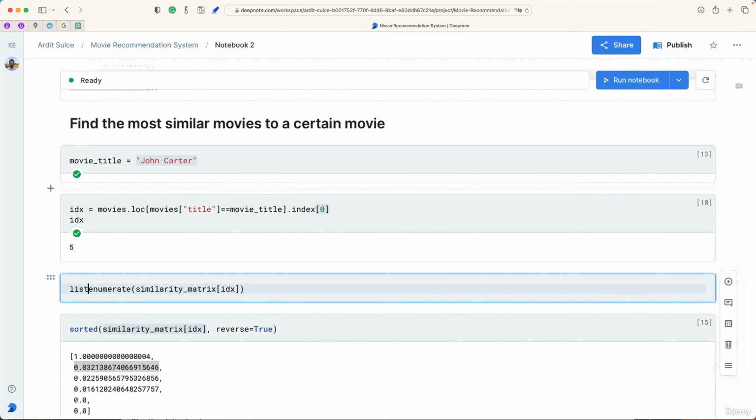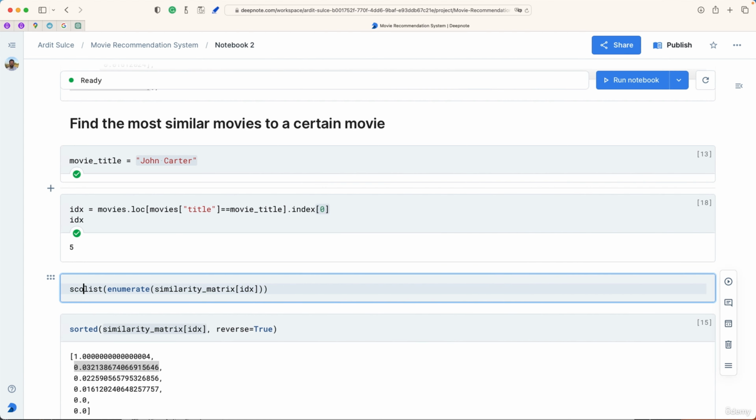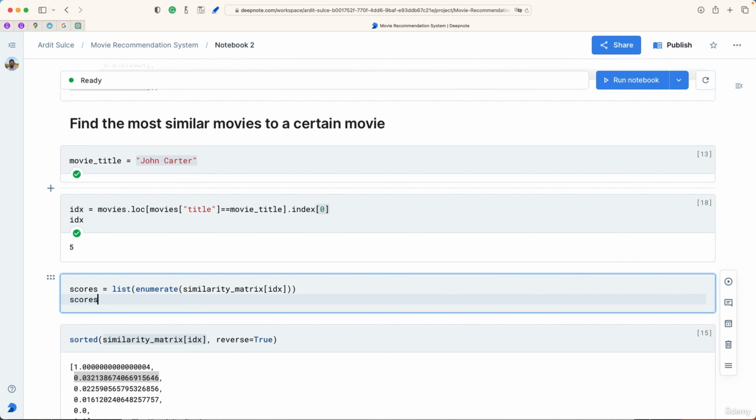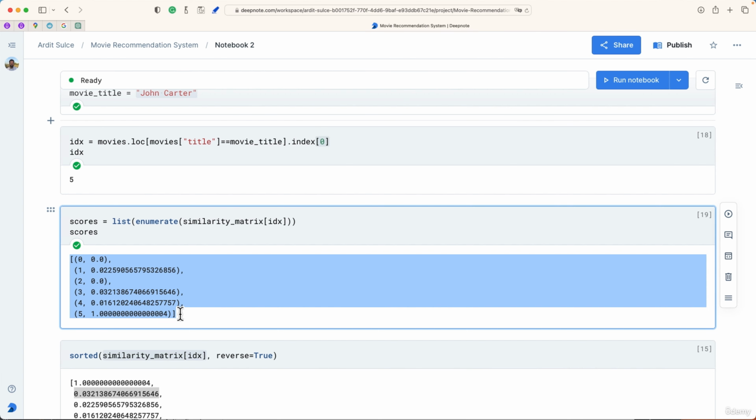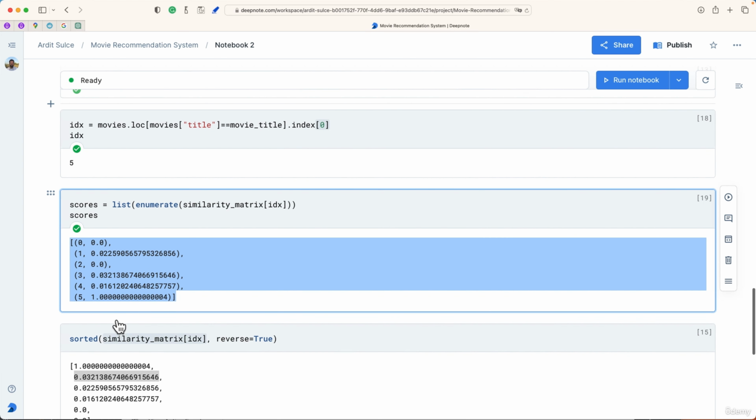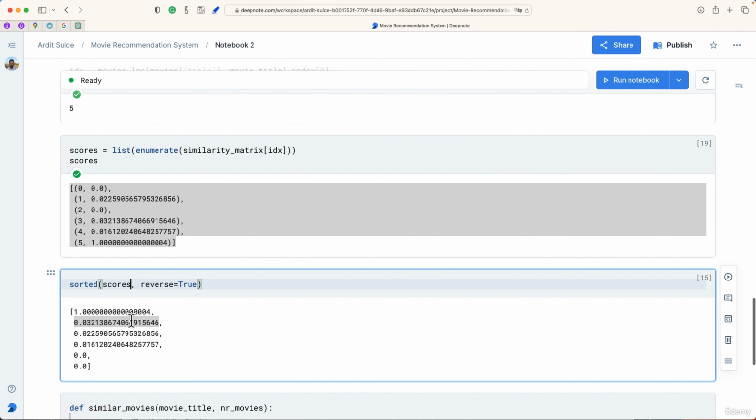And we also need to convert this into a list and store it in some variable like scores. And let me print out the variable here. So now we get this. So note that I did that before sorting the items, and then we can sort that here, but now we sort the scores, right? We sort the scores, and if you execute this, you're not gonna get the actual results,